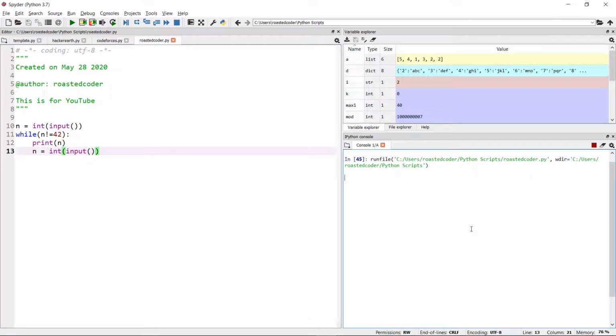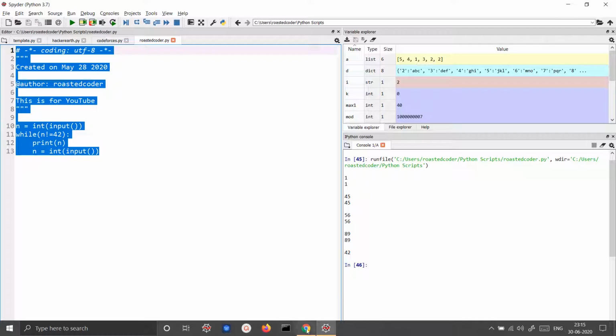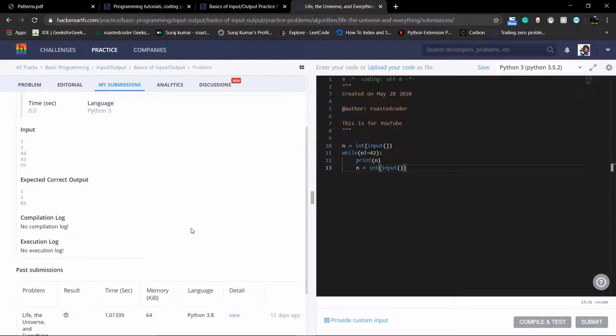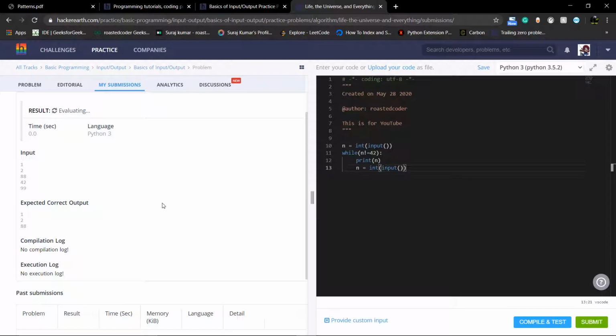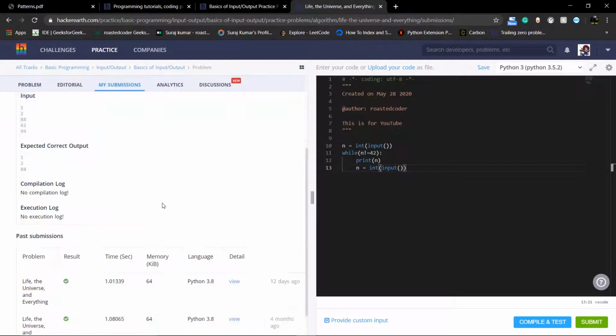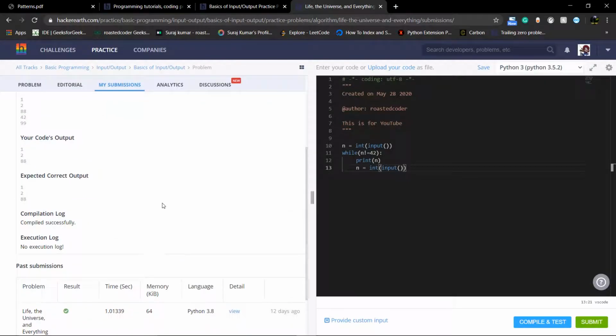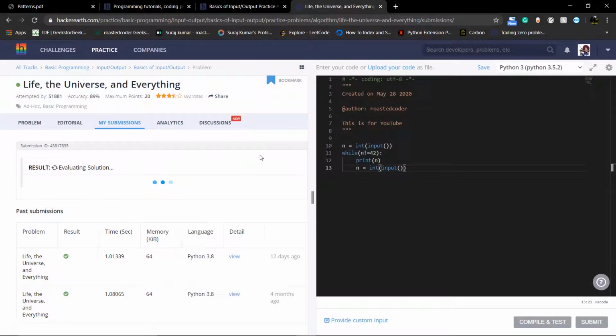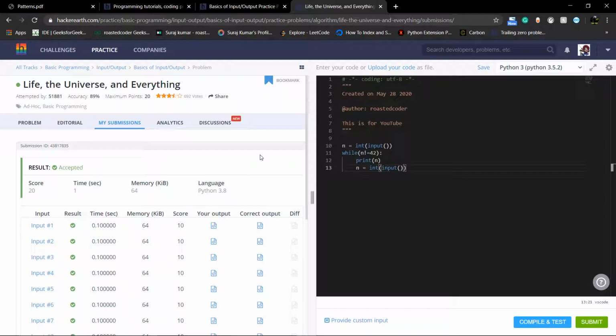So let's take a sample test case, you can pass any number here. 145, it's printing 45, 56, 89. Now let's enter 42, it will break the loop. So now just copy this code, paste here and compile and test. It will test the sample test case. So the sample test cases are passed. Now we can submit our code. So you can see our first code is accepted here,